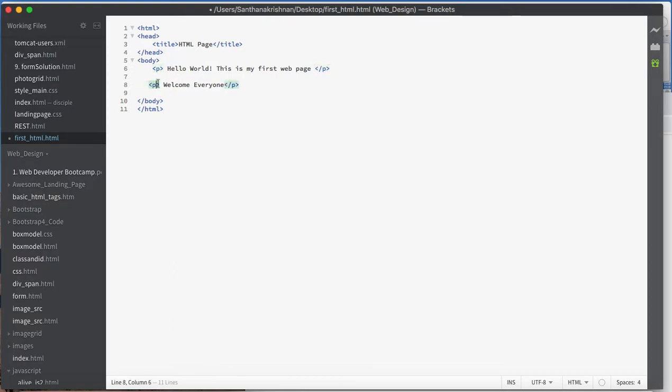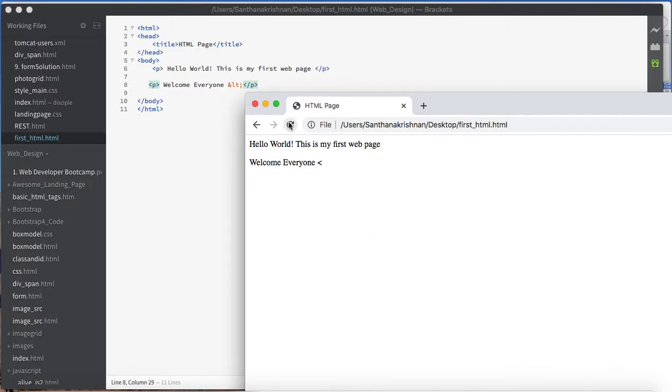For example, here, welcome everyone, I want to include the less than symbol. For this I need to depend on ampersand lt semicolon. Now I'll get the less than symbol. Refresh the page here.